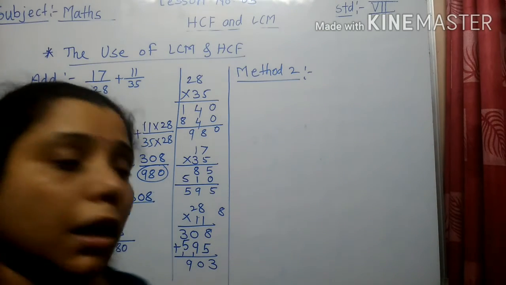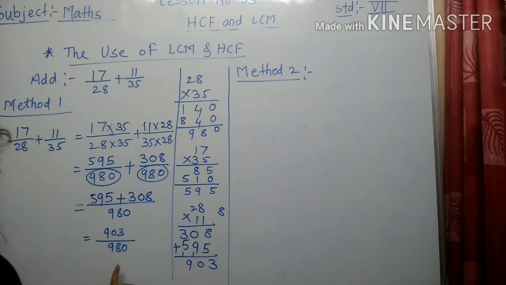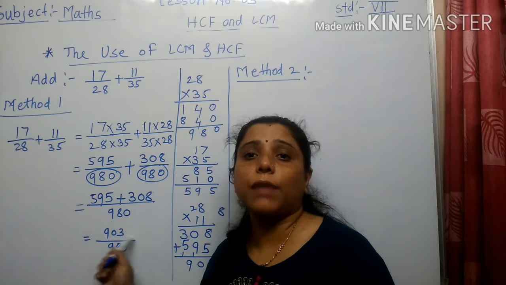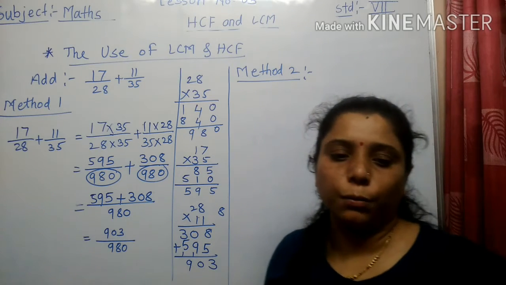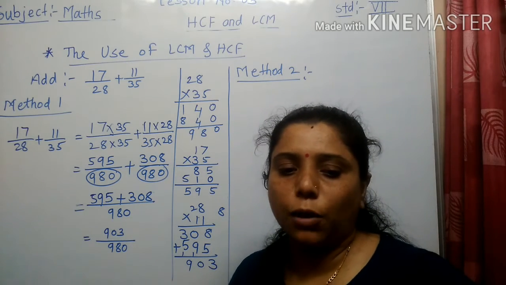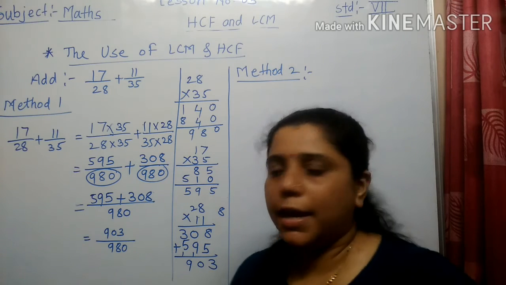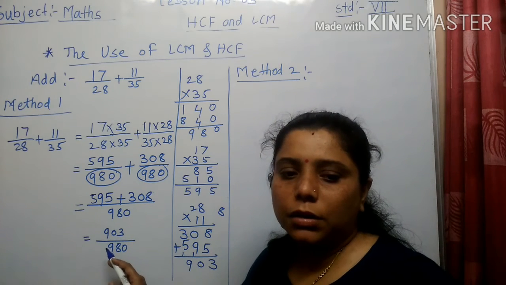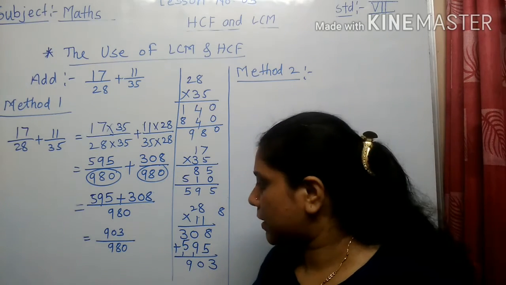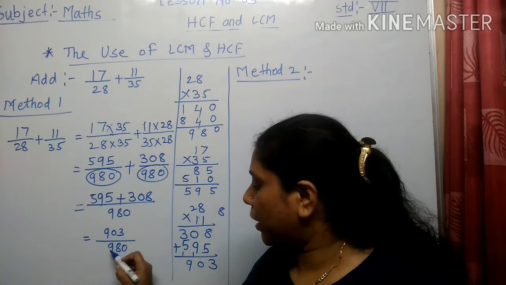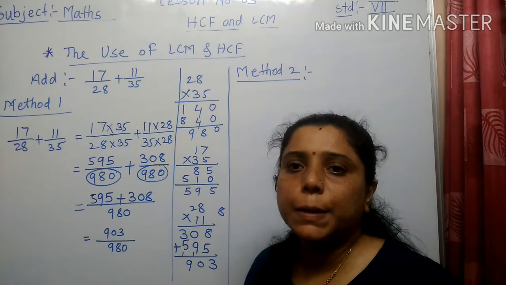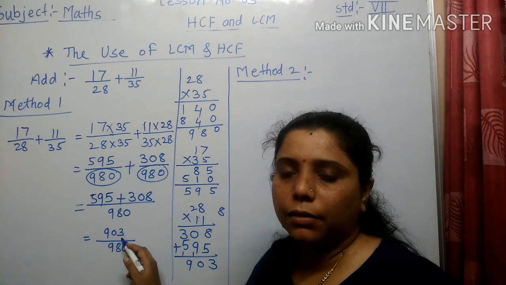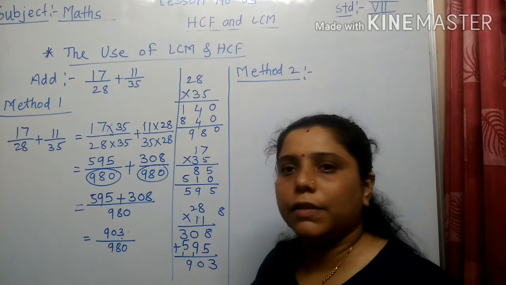Okay. Now here what you have to do over here. You have to write down this fraction in its simplest form. Now how to write it in the simplest form? Tell me. Yes. Is it divisible by 3? 3 3s are 9. Yes. Tell me how to divide. 980 here, because here 903 is there. Understood? So here it is not divisible by 3.